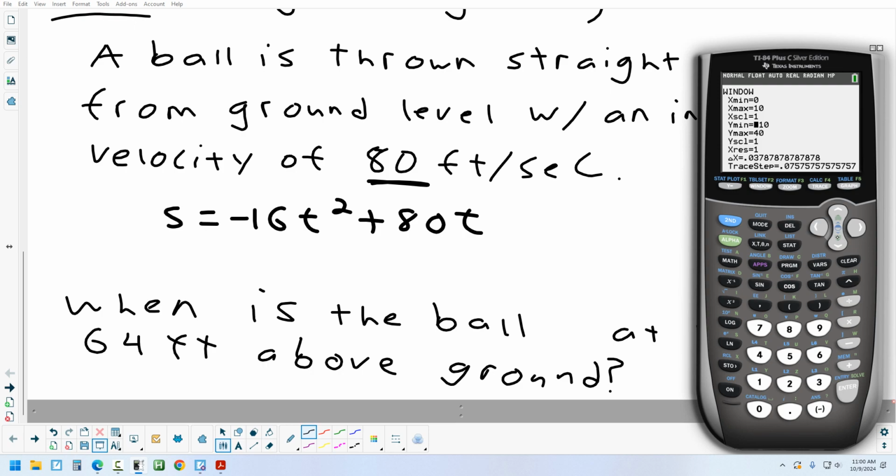Y is the height of the object. What's the lowest height that this object could have? Measuring it off the ground. Yeah? 0. It can't go lower than 0. Highest height, I don't know that. But I do know I want to see at least a 64. So I'll go to 100. Okay, and when I hit graph,